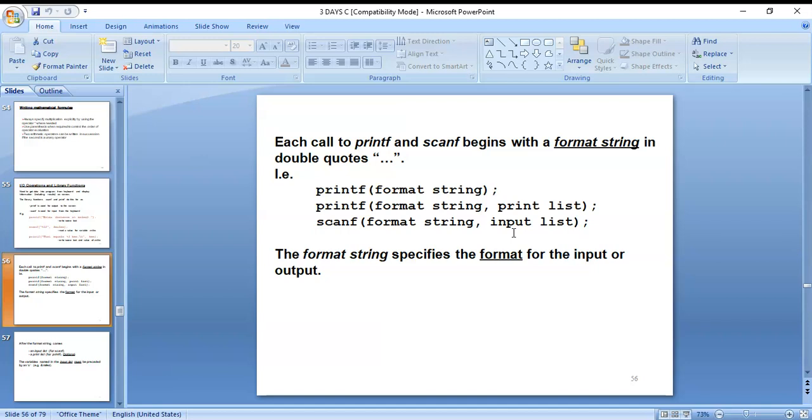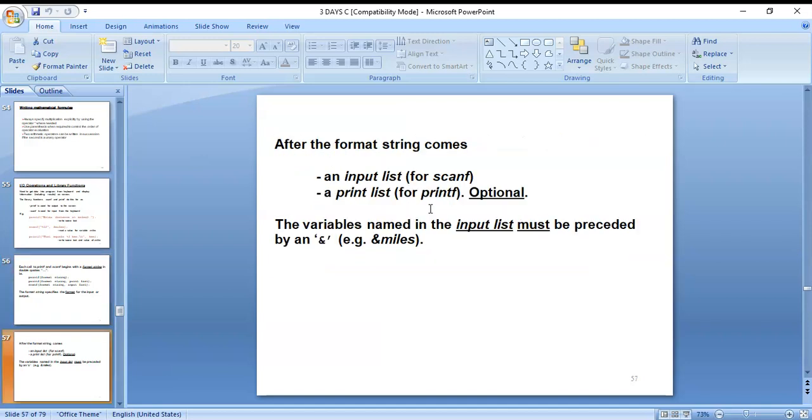The format string specifies the format for the input or output. Scanf is for input and printf is for output. After the format string comes an input list for scanf and a print list for printf, which is optional.